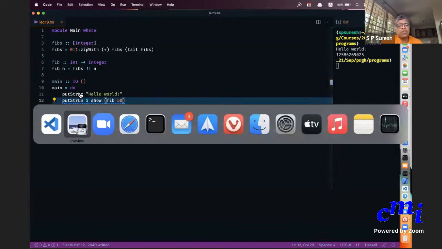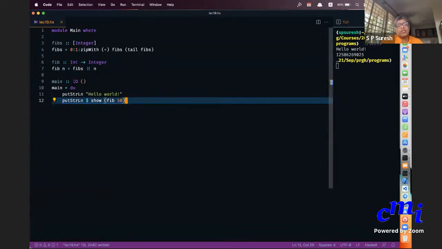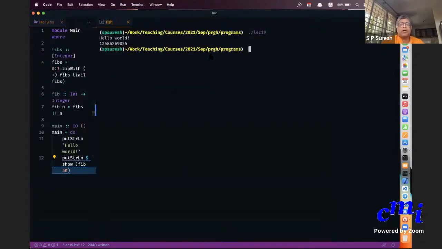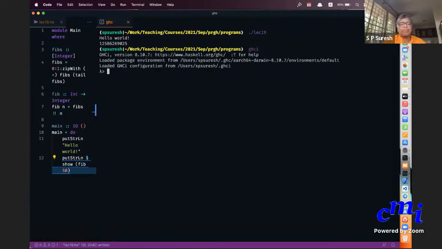Let me get back to the slides. We still need to explain certain things. What is this IO and what is this funny thing here? The funny thing there, you pronounce it as unit. So let's go check for info on that. Let me now get into GHCi, and then I'll ask :info on it.